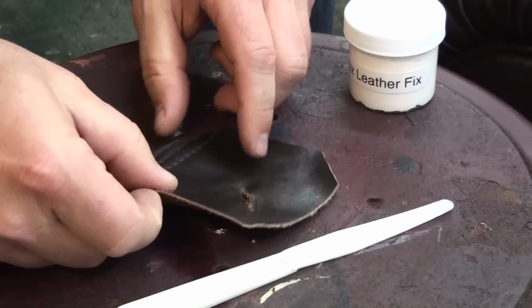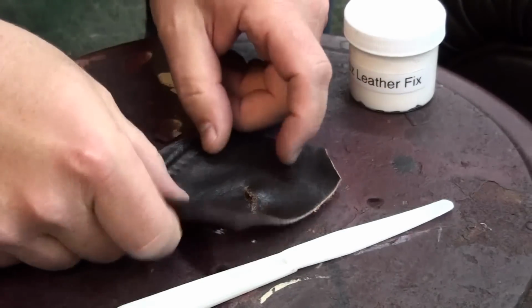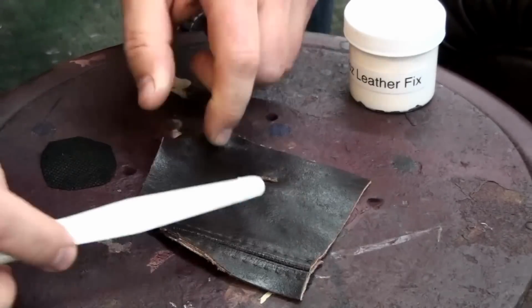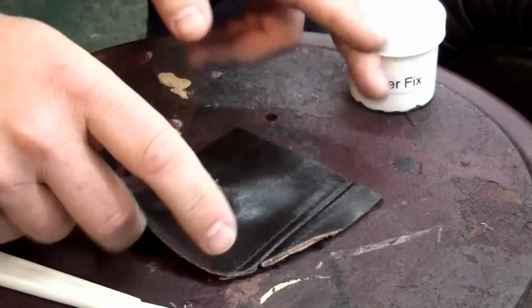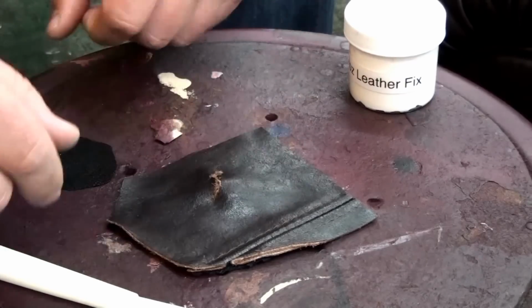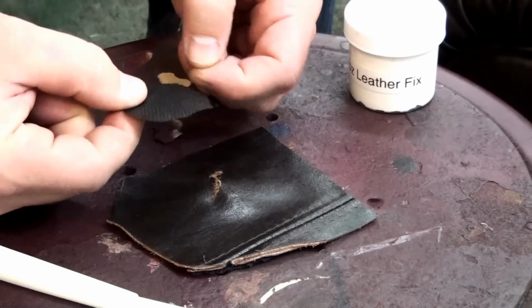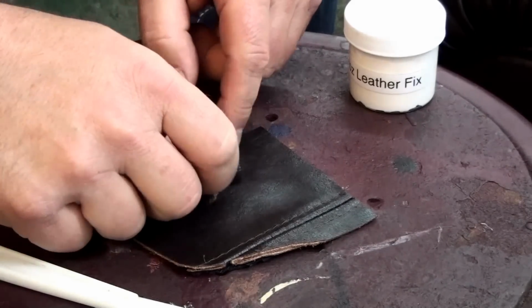If you do have a couch where the cushions are removable, you could take the foam out, flip it inside out, and actually work from this side of the repair and then fill it in on top. But for those people who have couches that are stitched together where they can't remove this, we're going to fix it that way. So we've cut a little piece of our leather repair cloth, both size of the cut, and